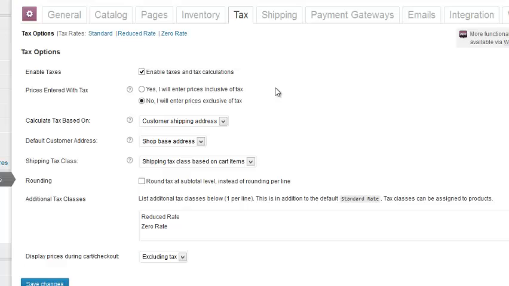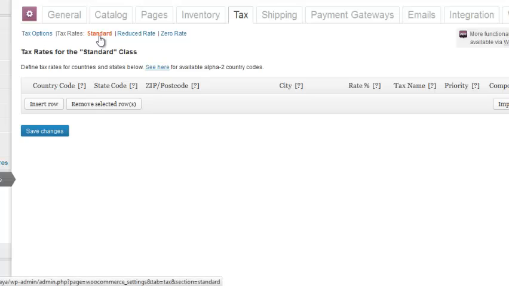So what I just wanted to point out is that there are some settings here on this page, but you do have to notice here at the top where it says tax options, there are some options here. You'll notice that in some other tabs as well. It's easy to miss. If I clicked on standard, if you remember when we were creating our product, we had a tax class of standard. Well, you can set up what that tax would charge if your tax class was standard.